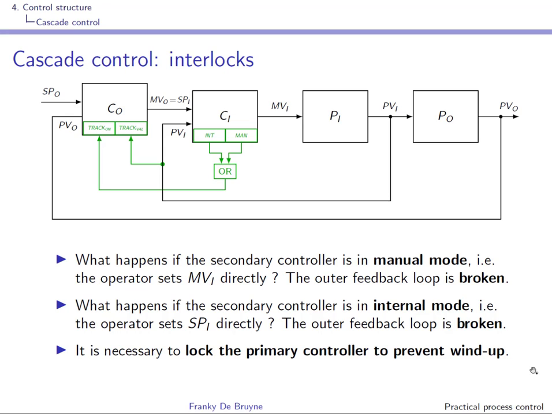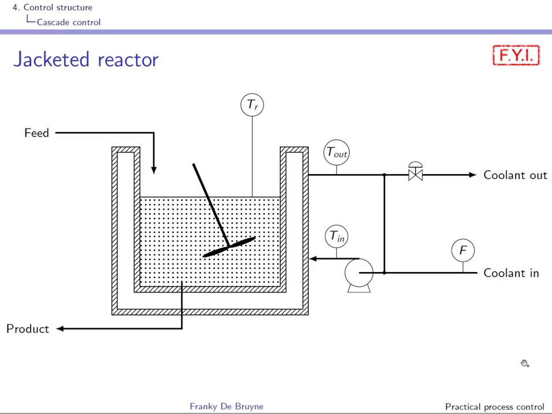Other vendors, and this is for instance the case in the Siemens PCS7 system, propose typicals, so CFC plans where the cascade is pre-programmed with a correct interlock strategy. The only thing that you have to do is then connect the input and output signals. The example of the jacketed chemical reactor is given for your information. It might be interesting for you to have a look at the next slides without going too much in the details. You will see that different